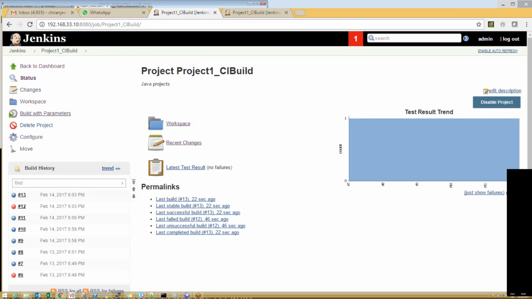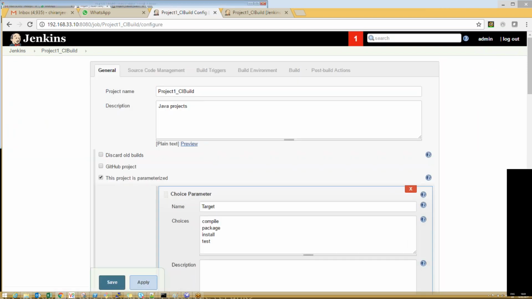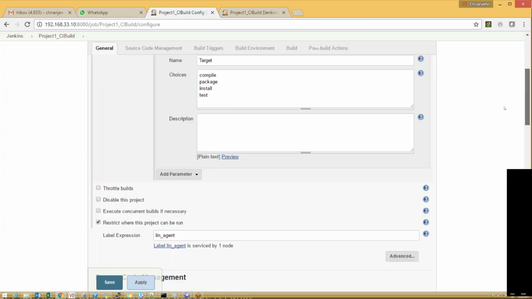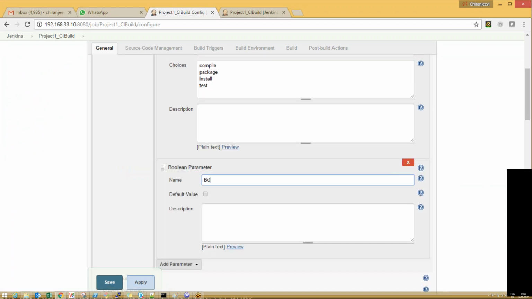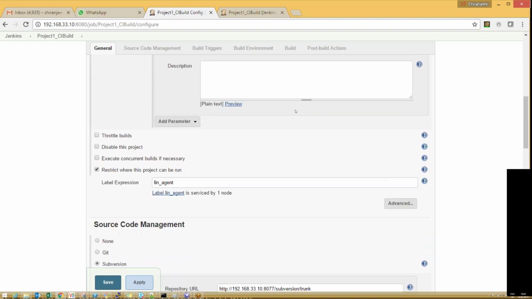So did you understand how we are configuring input parameters? This is one input parameter. Similarly, you can add any number of parameters. Suppose I want to perform a build in debug mode, so build mode. If you check this, it is true; if you uncheck, false. Something like a Boolean parameter, right? Similarly, I can have another parameter called